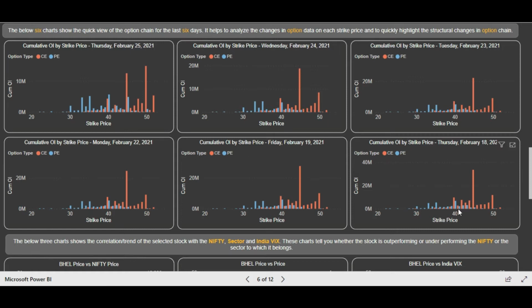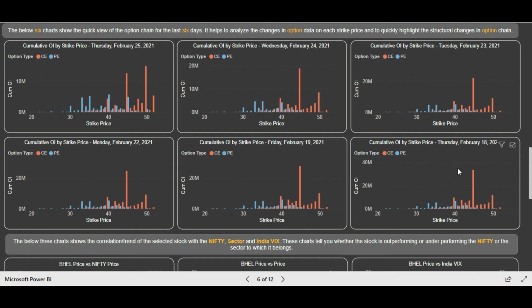So it gives you the whole trend, like how the OI is shifting, and this is very important. That's why we felt that at least the 1 week trend should be visible. Because options are only limited to the current expiry, a 6 day trend is very good to analyze the option chain, how the OI is shifting at every strike price, right?